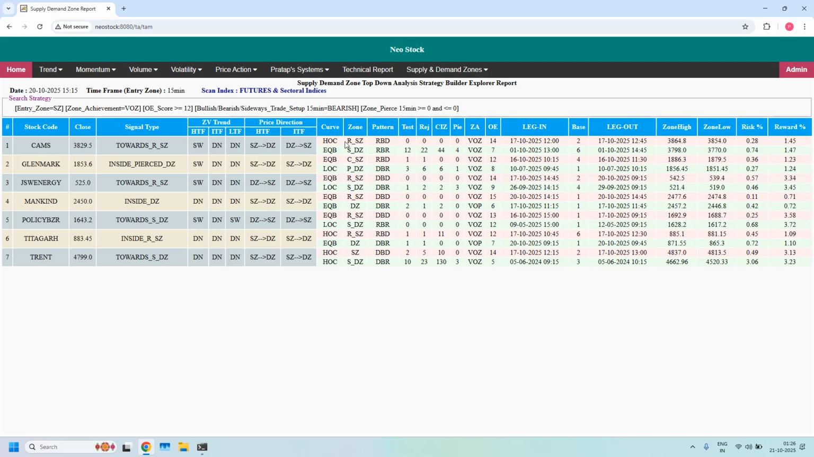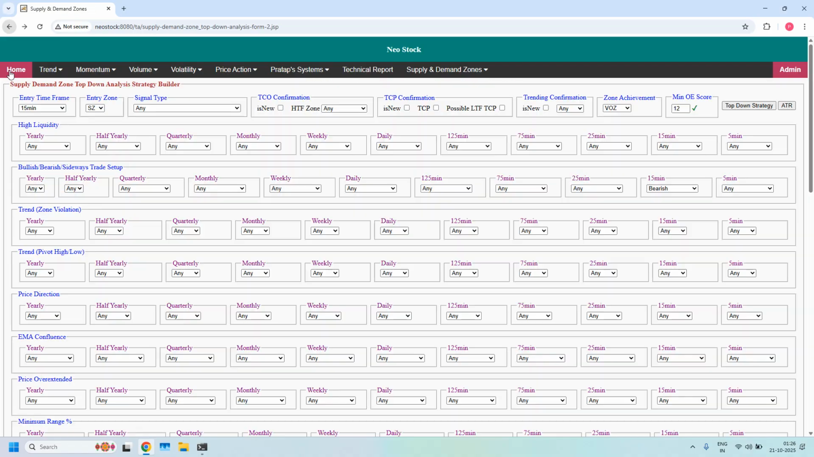Entry time frame zones are 75 minute supply zones. So total we got 7 stocks. Out of these 7, we should identify high probability trade setup 75 minute supply zones, that we can filter based on 2 different zone confluence and EMA confluence strategies that you learned in lesson 27. First strategy is LTF and ITF supply zone confluence, and then ITF supply zone with daily EMA confluence. So I am going back,